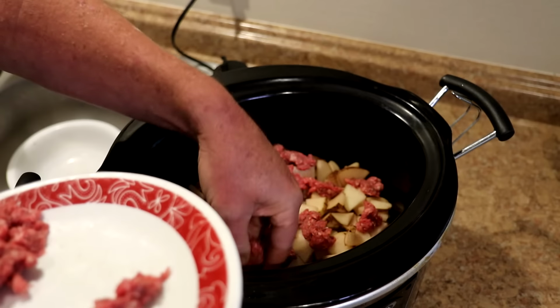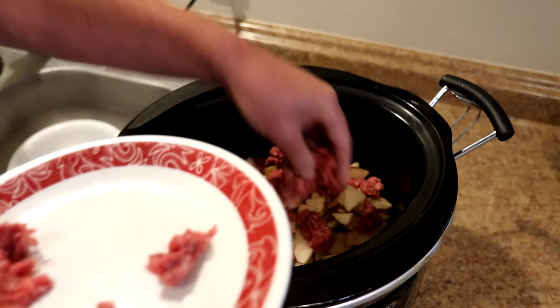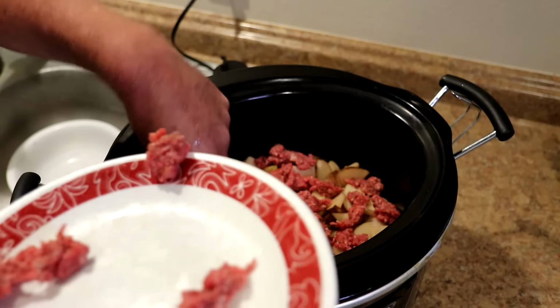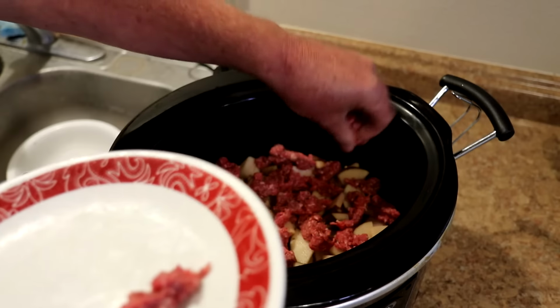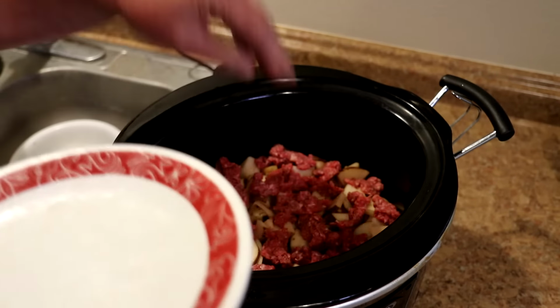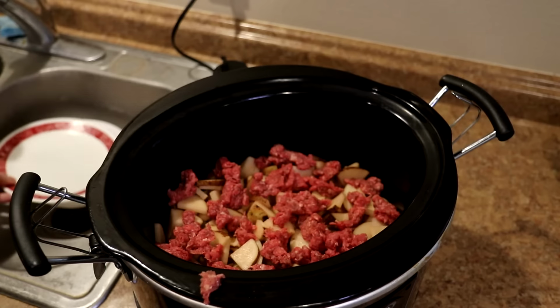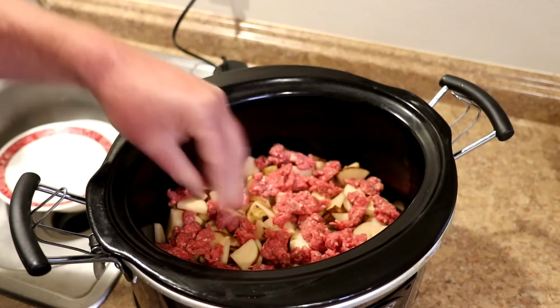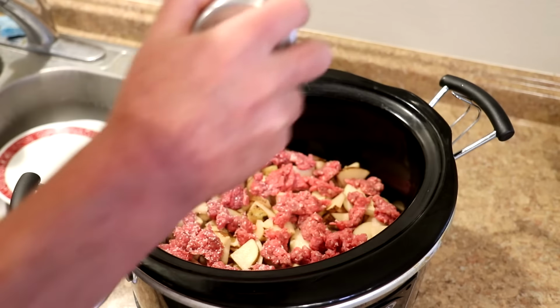I guess you could use regular, like 80-20 or something if you wanted, but it's going to be greasier because you're not going to be draining the fat out. This is half a pound of ground beef. Normally I'd probably use like a whole pound, but like I said, I used some of it yesterday to try this out. Now I'm just going to season this with some kosher salt